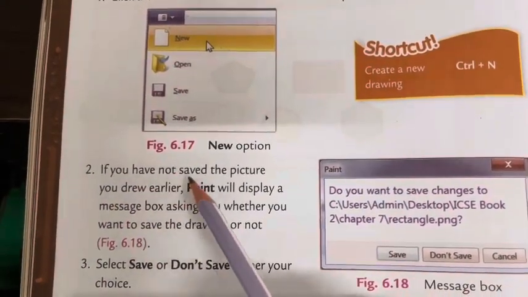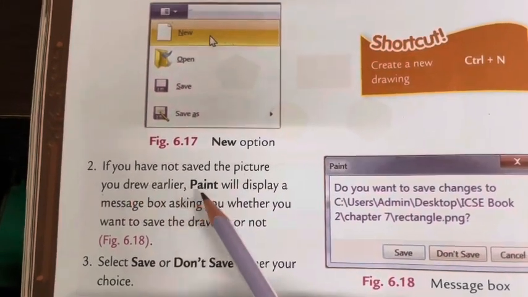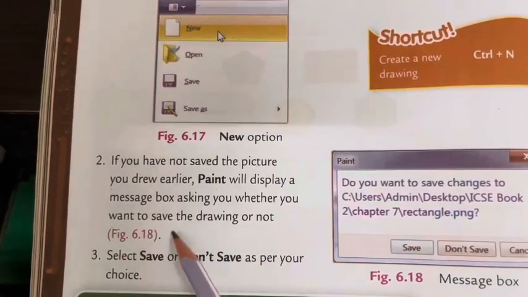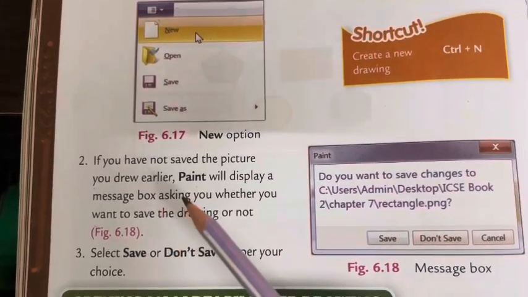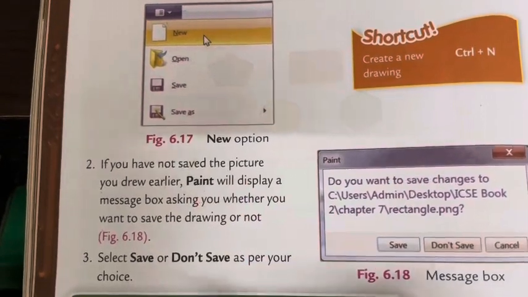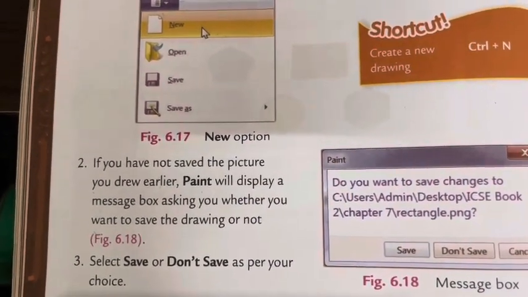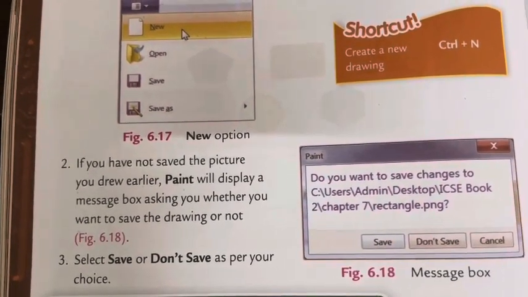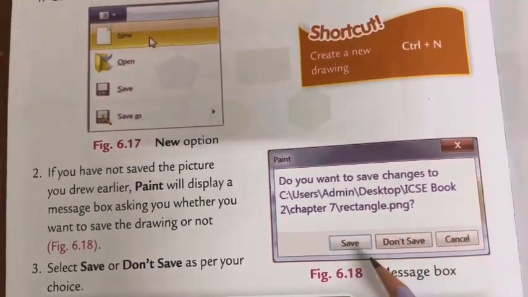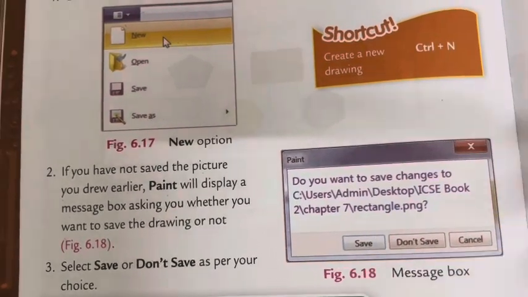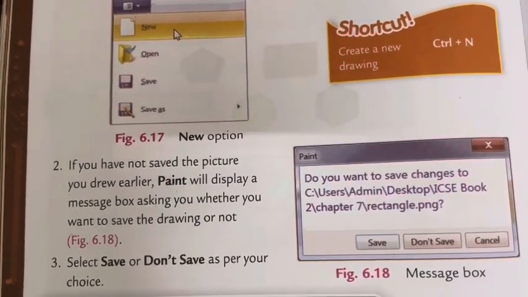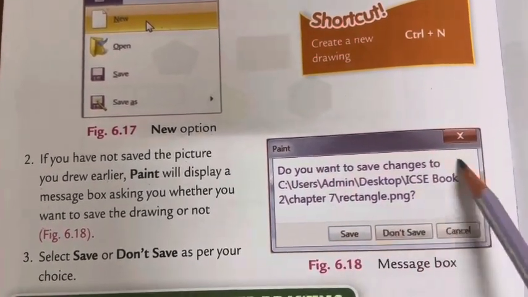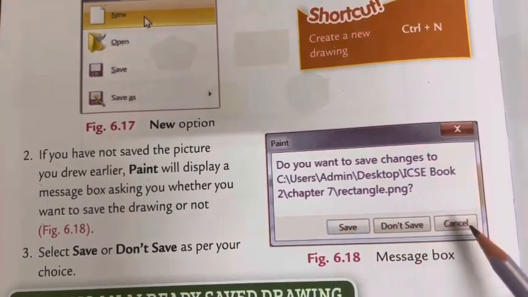If you have not saved the picture you drew earlier, Paint will display a message box asking whether you want to save the drawing or not. There will be a message box that looks like this: Save, Don't Save, Cancel.